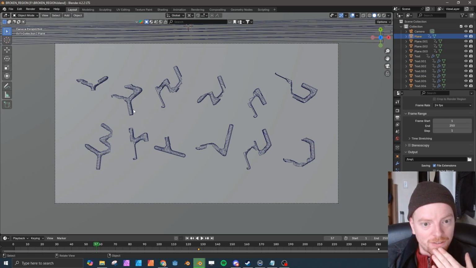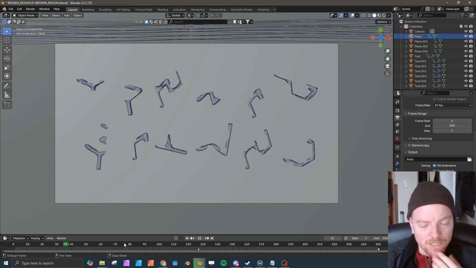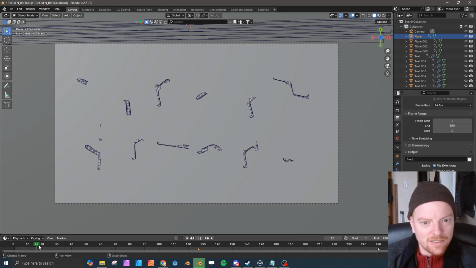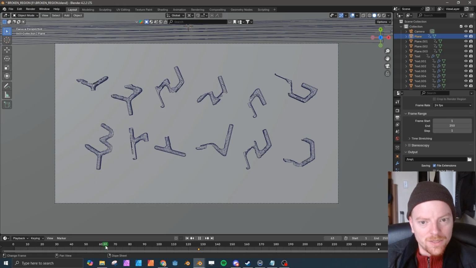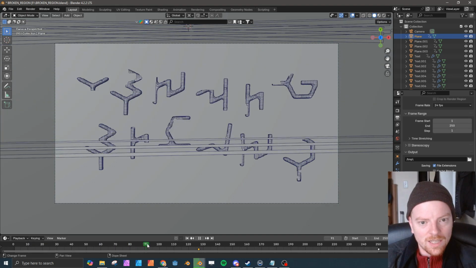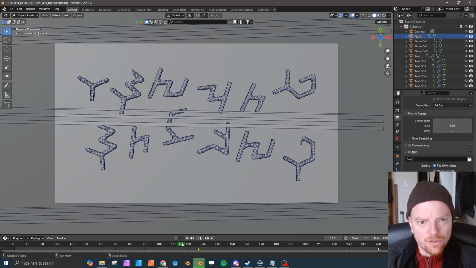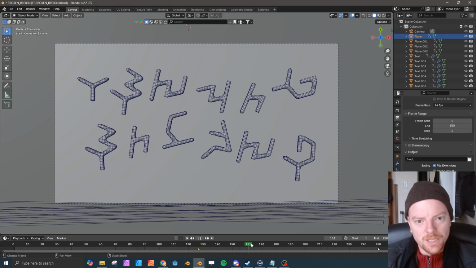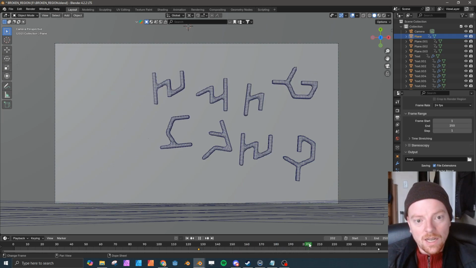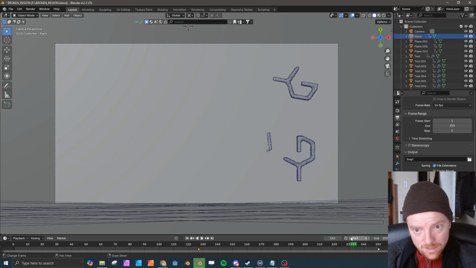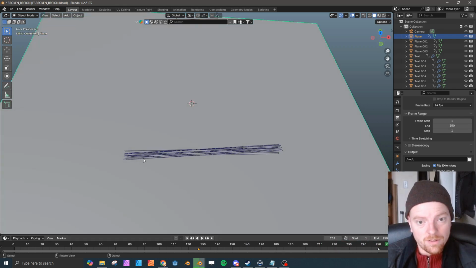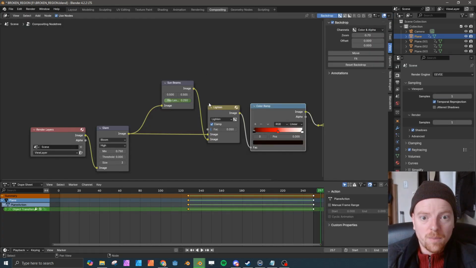So here's my other file. I'll quickly look at this. I'm rendering and I'm showing you another file. Amazing. So this, as you can see, it's a similar thing where I'm building out my glyphs, and then I have this wipe effect using just a few planes that are separated out and scrolling across the screen. And then this transition is just an angled plane that's being moved through the geometry to kind of wipe them away. And then in the compositor,